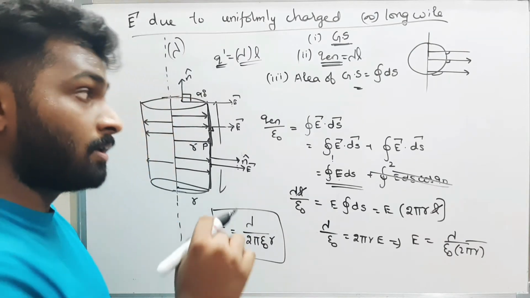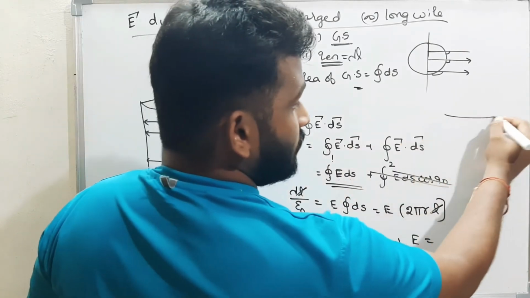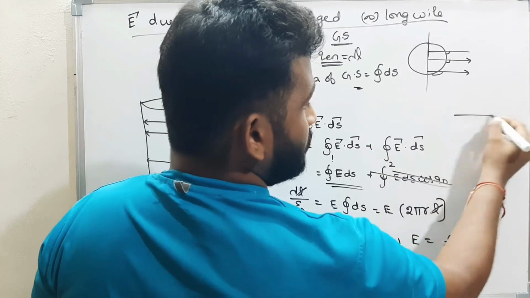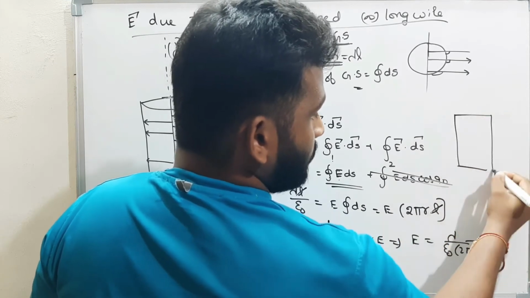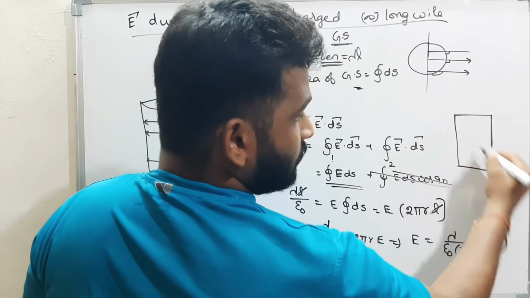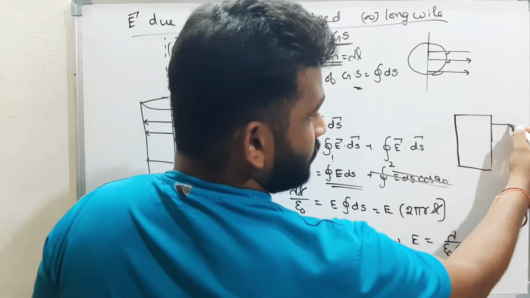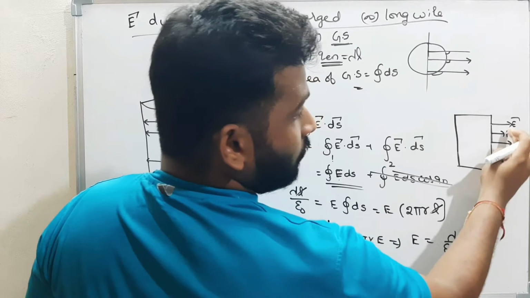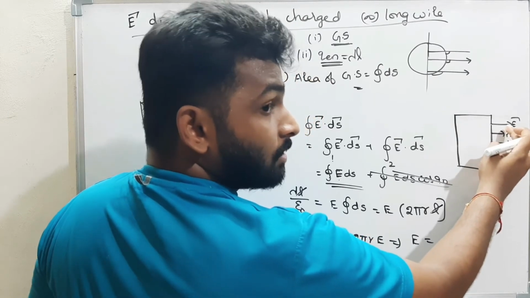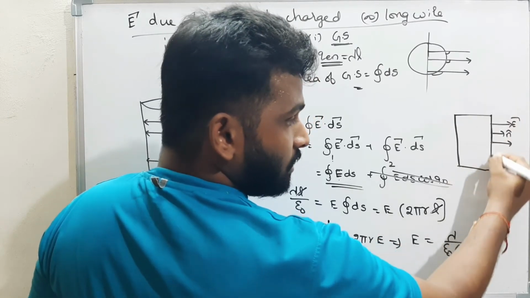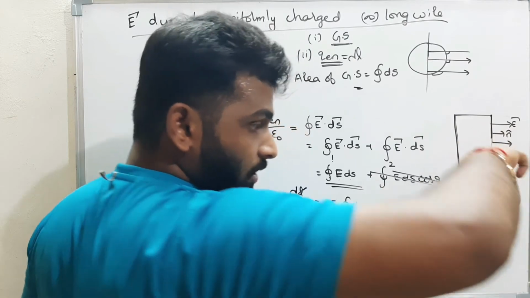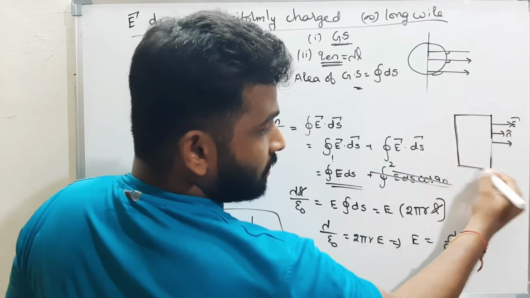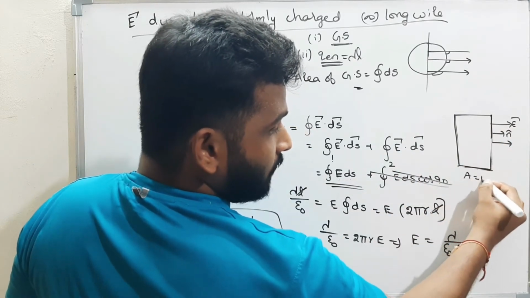The main thing is this is a cylinder. Okay, see, this is a cylinder. And for this cross sectional area, the electric field lines are in this direction, and this is n cap. N cap and electric field are both in the same direction. Therefore, cos 0 is 1. Therefore, we have to consider only this area, only the cross section area. But the bottom area, how much is this area? The area is pi r square.